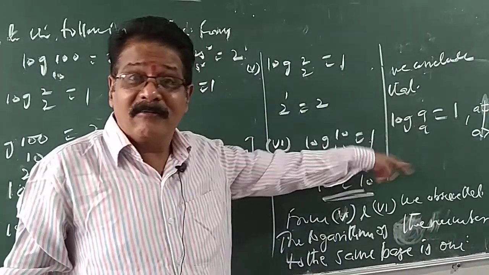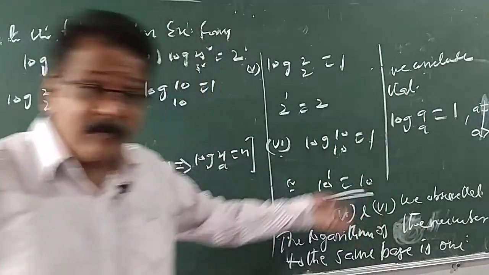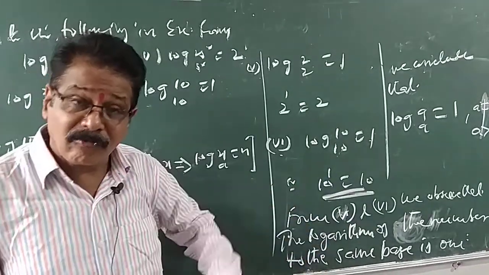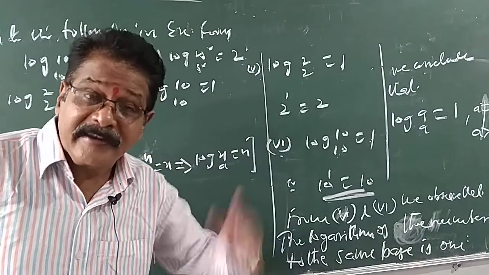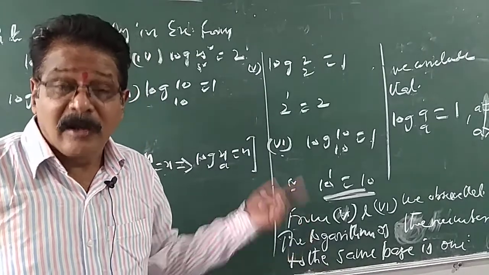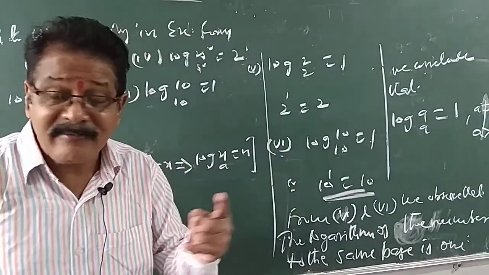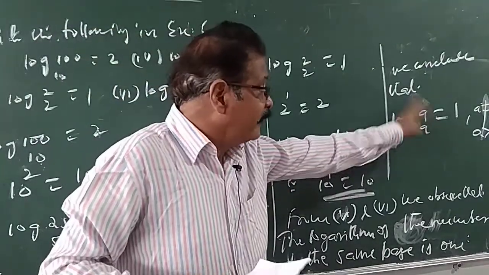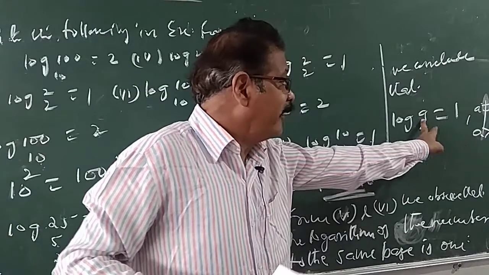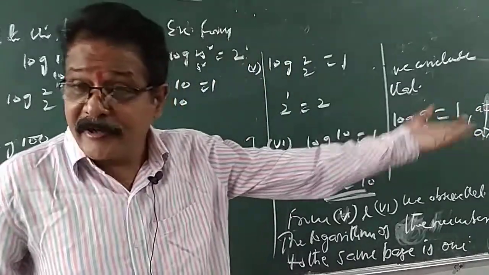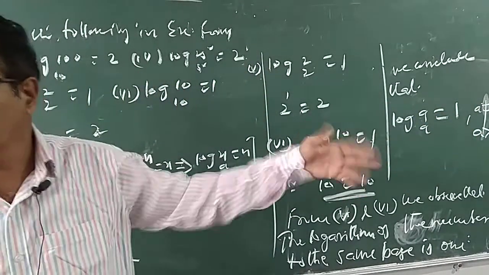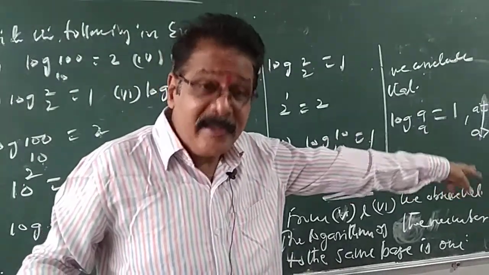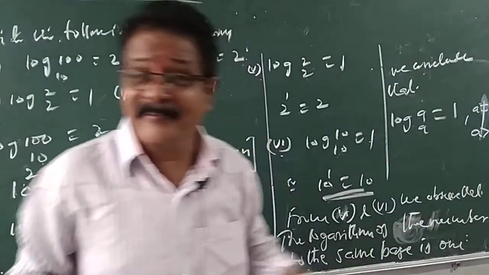Log 1 base 1. Sir, just now I told, the logarithm of the number to the same base is 1. Log 2 base 2 is 1, log 3 base 3 is 1, log 4 base 4 is 1, log 5 base 5 is 1. But in case of 1, it is not applicable. Log 1 base 1 is not equal to 1 because log 1 is 0. So A should be greater than 1. Take A values greater than 1 only: 2, 3, 4, 5, 6 onwards. A is not equal to 1, A should be greater than 1, this condition applies.